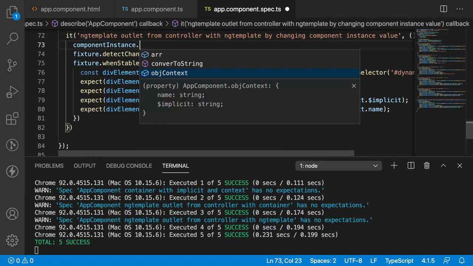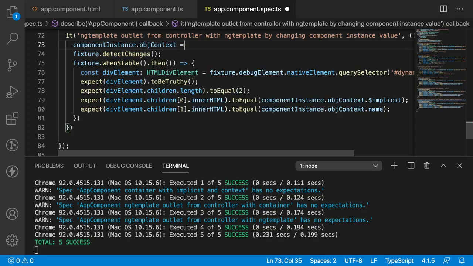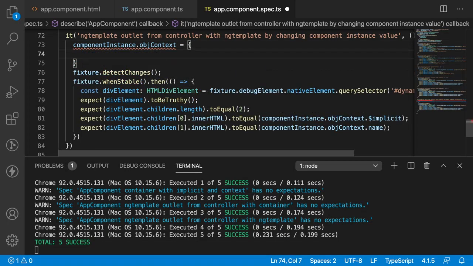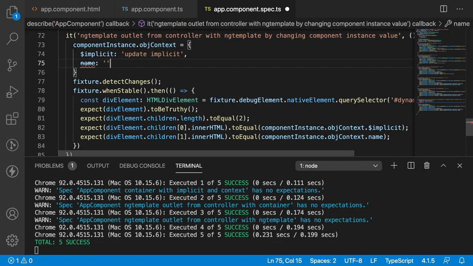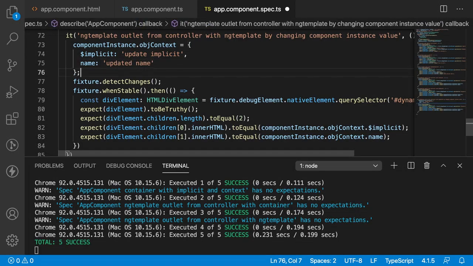Component instance dot obj context is equal to, what are the values? It has a value called dollar implicit value. I'll update it with update implicit. So this is one, and also there is one more value, that is name. That means updated name. I can give updated name. Let me give semicolon, and here the value will be equivalent to our updated implicit value.